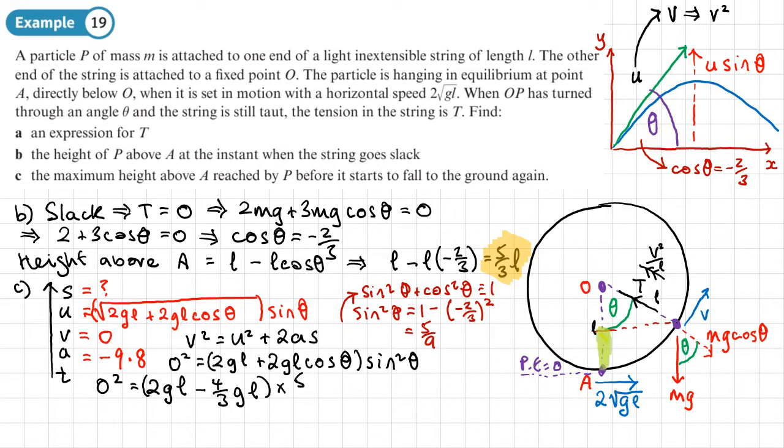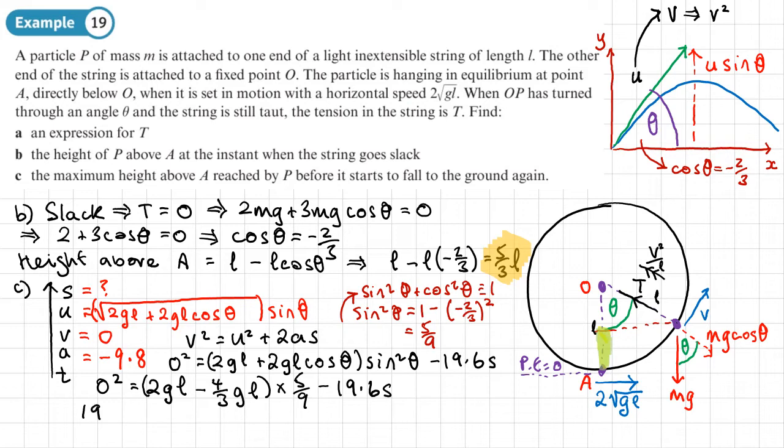5/9. And then I almost forgot, we need to add on our 2as as well, don't we? So we've got u squared there, plus 2as. So 2 times by negative 9.8, so minus 19.6 s. So now we're just rearranging this to solve it. So I can put 19.6 s